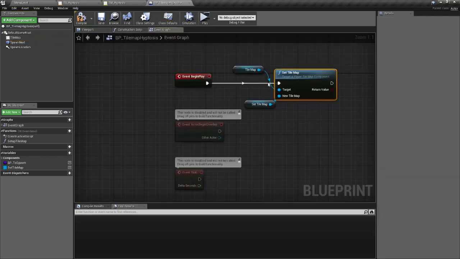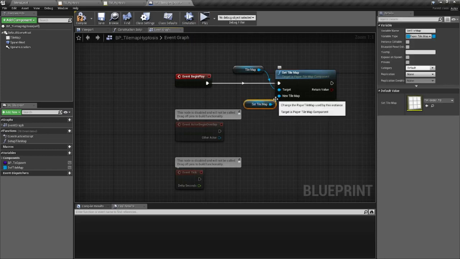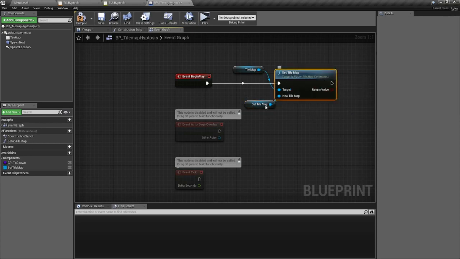This is another bug with tile maps. This tile map component being used in a blueprint is still called experimental. So if you load it without this, it will actually not show the tile map. And it's just because of the way that my levels are built in the game kit. When it loads it in, it flashes it in so quickly, I guess, that the tile map doesn't get filled in before the camera is turned on, so you have to set the tile map.